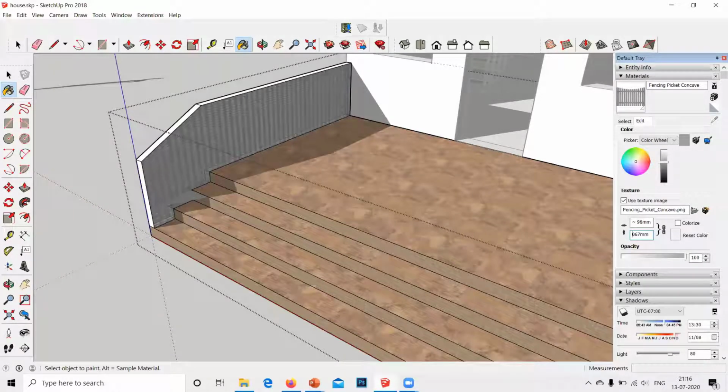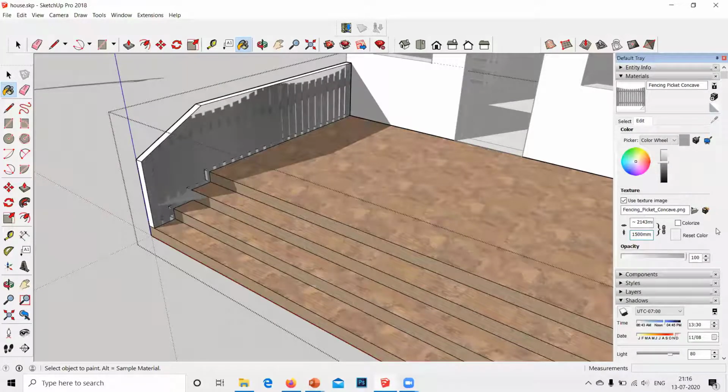You have to do it for yourself, otherwise you won't be able to find the perfect shape. I'm entering 1800. No, 1900. Okay, so this is how you work with textures.